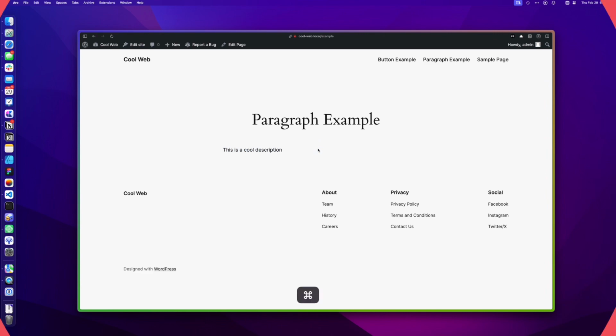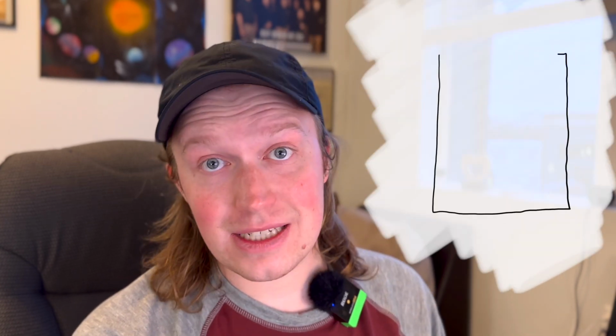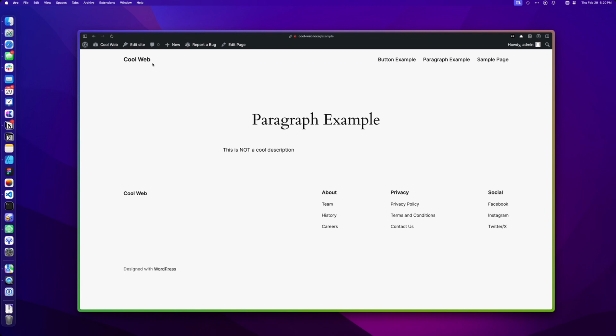So you might be wondering, okay, that's not really that useful. I could have just changed the paragraph. Where it really comes in handy is if you were to use a custom post type of, like, contacts, for example, and you wanted to show their contact link or a description that the custom post type wouldn't have on its own. So if we go back to our website, you can go into the dashboard,